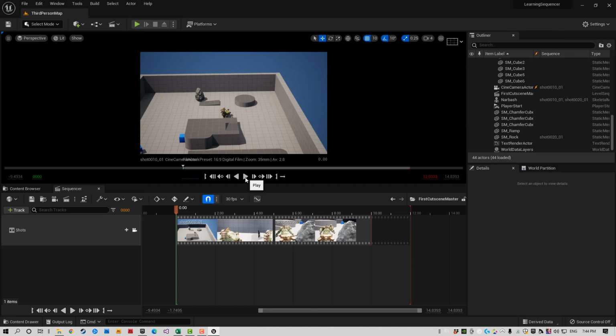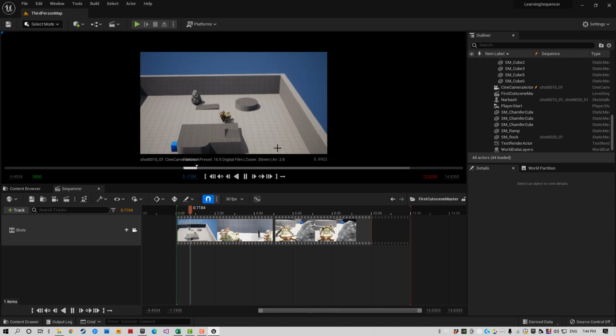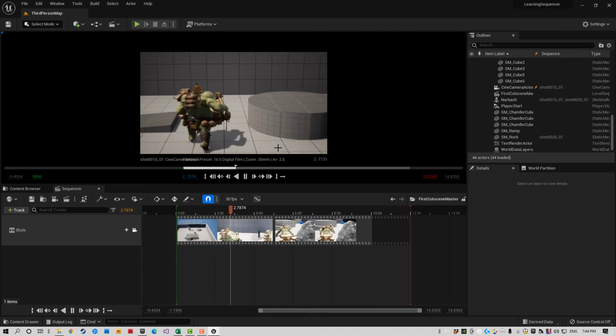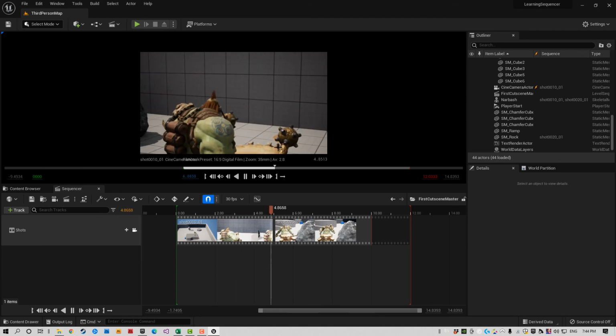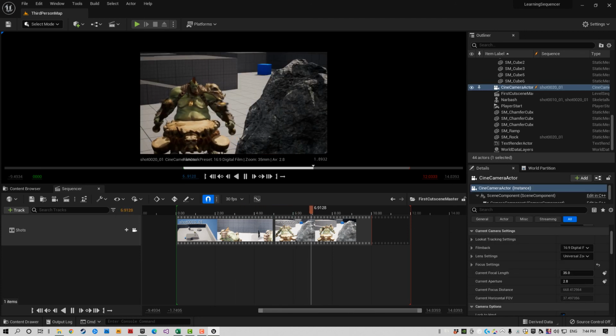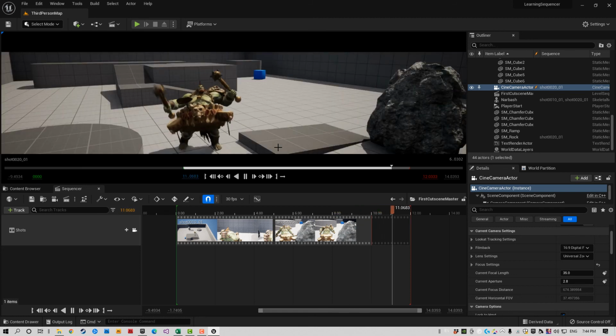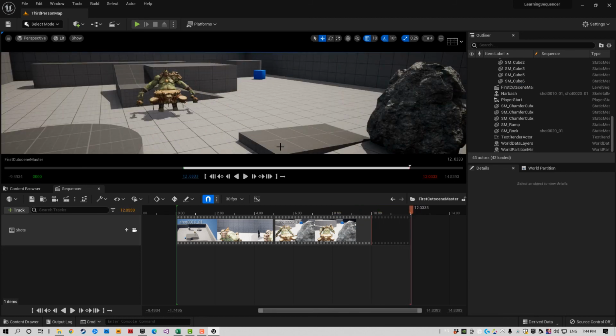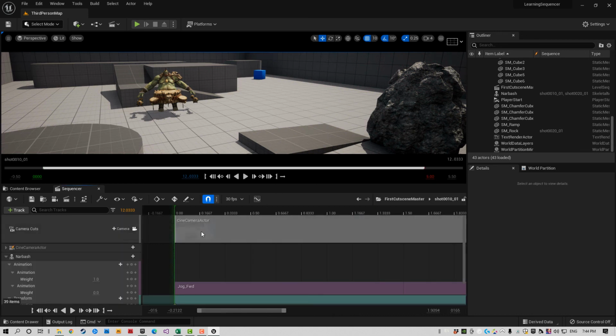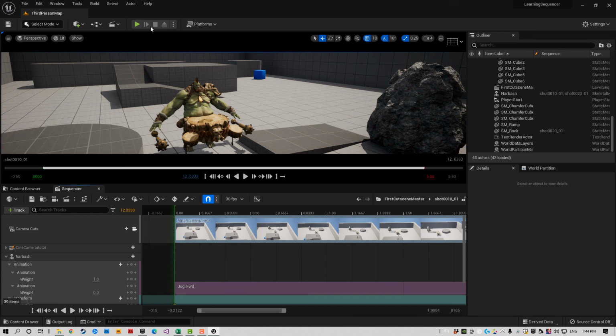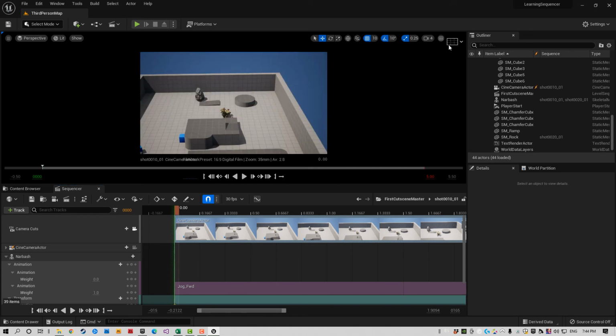So I have a play button up here. And here's what it's going to look like as a cinematic. Oh, it looks like I didn't set the keyframe for my rock on my first object. So it looks like I've got some errors in that setup. So one of the things I'm going to need to do is go back to my first object. Sure enough, at the very beginning, right, as I start this actor, so let me turn off my cinematic camera,